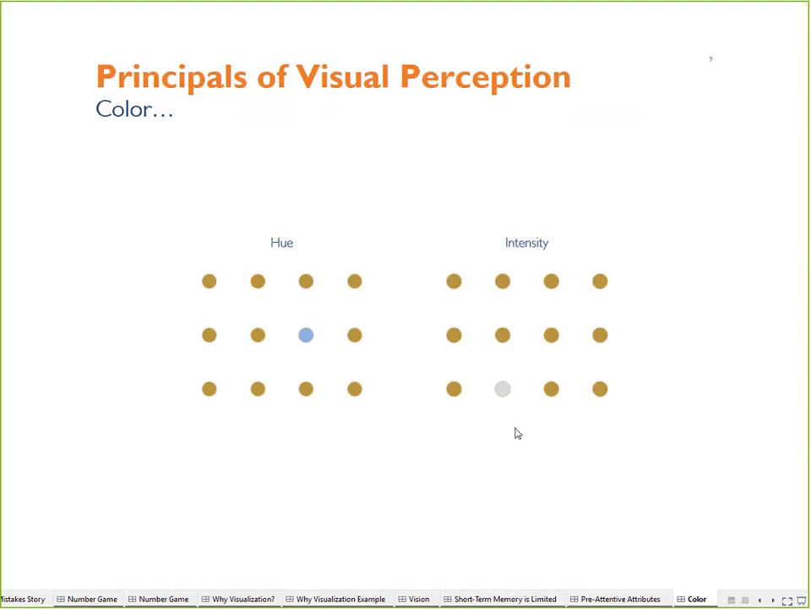And the same with intensity. Intensity really refers to both saturation and lightness. It's not really a different hue, but a lighter version of the same hue. But you can see the end result is very similar, in that particular circle really jumps off the screen and grabs your attention. And that's the power of pre-attentive processing,